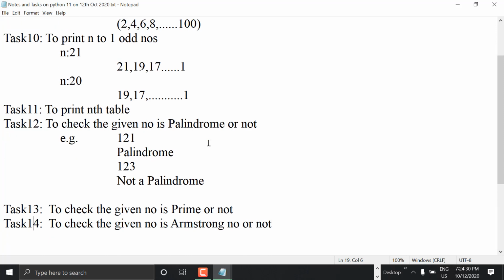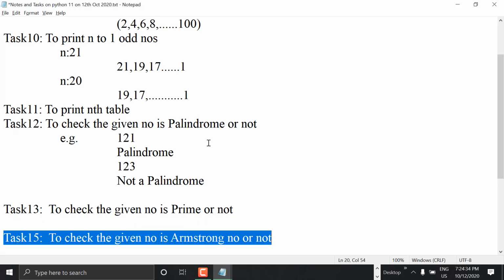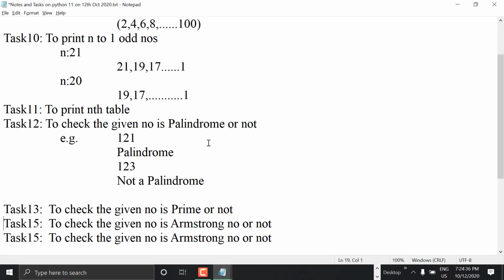That can also be done with the previous logic I told you, reverse number and sum of digits, the same logic. Just take a count variable at the top. In the middle, say count plus equal to 1 and print that count value. That count is nothing but the number of digits. That's all. So by using this count of digits, you can do Armstrong.